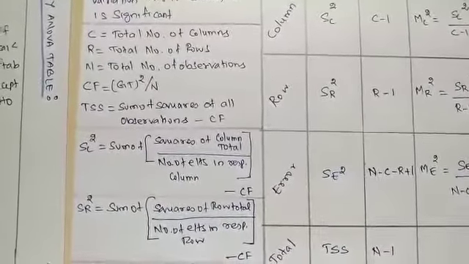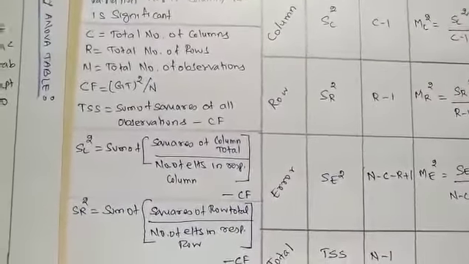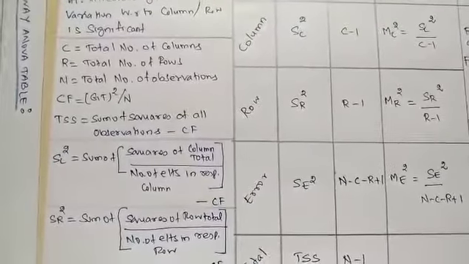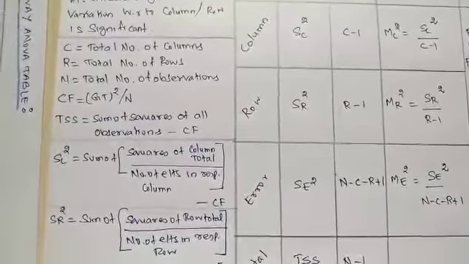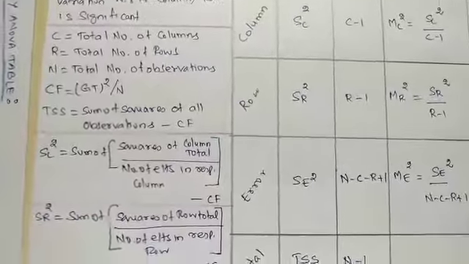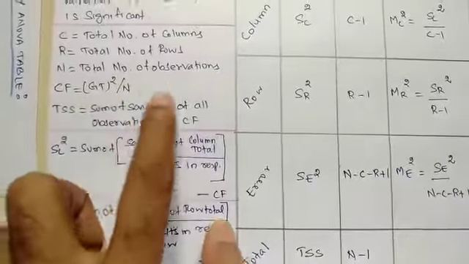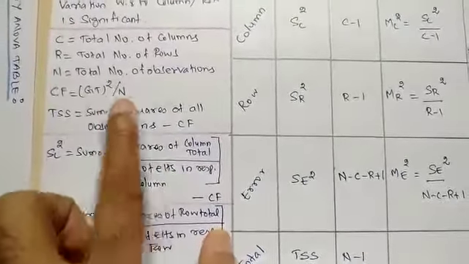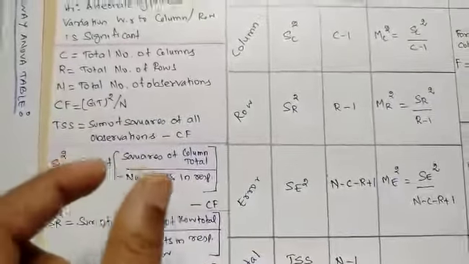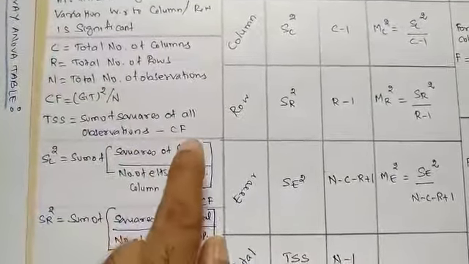In one-way factor, whatever the data they are given, we used to write in column. But here as such we need to write in row and column. Based on that we have to do all this calculation. Grand total means you need to find the total of all values, square divided by N. TSS means you need to square all the values, find the sum of squares minus correction factor.